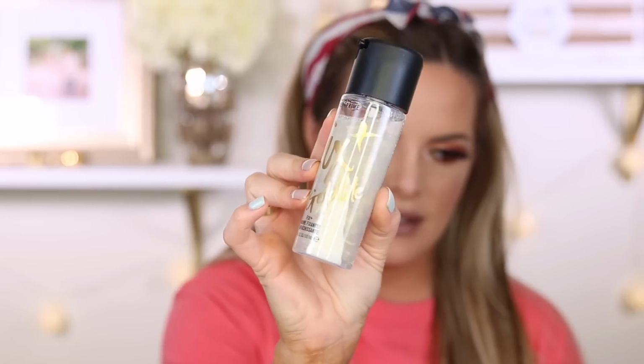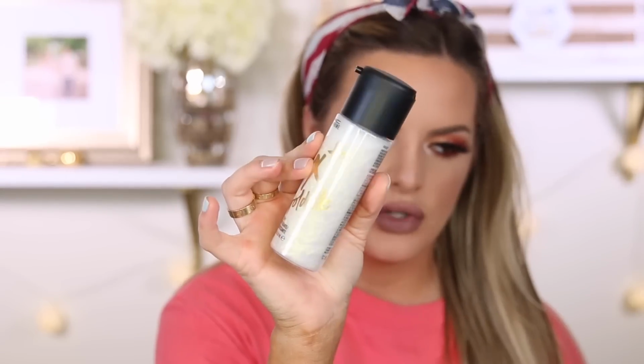And I normally don't use things like this. I feel like they make my skin look bad. You can kind of see that's what it looks like before you shake it. Then after you shake it, it's this gorgeousness here. I tried something like this when Too Faced came out with the Unicorn collection, and they had something like this in there, and it made my skin look terrible. So we will see how this looks. Saw that they're coming out with a matte one too, so I'm pretty excited about that. But these usually make me look bad, so let's just...